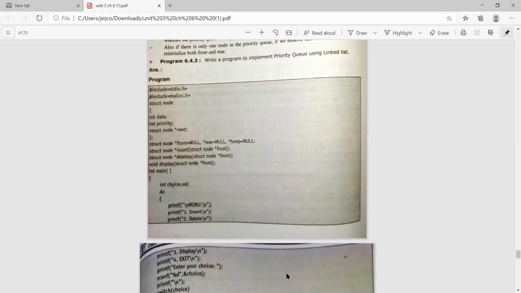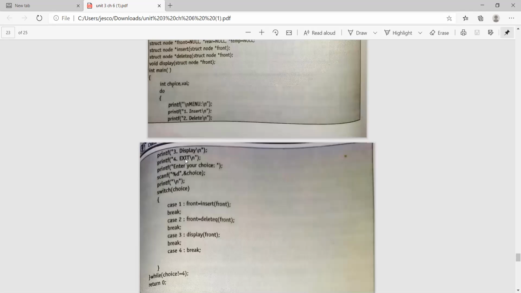For that purpose, we have already seen struct node with int data and priority; we create a node with the data and priority part. Then we have to declare functions, that is insertion function, deletion function, and display function.